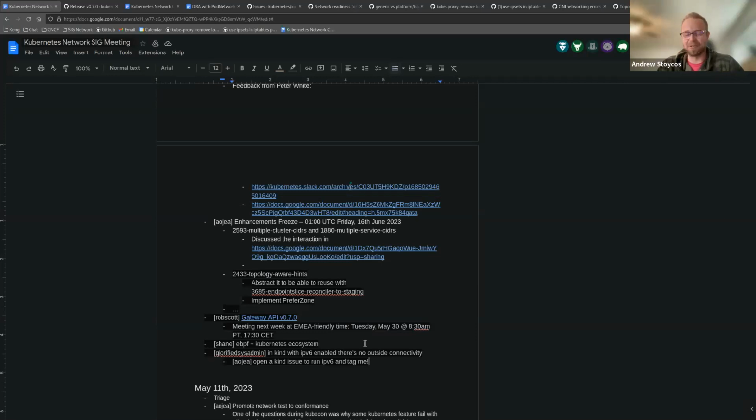I just wanted to note that I'm going to also present to SIG Node next week, and then hopefully SIG Security in a few weeks, around BPFD and some of these problems. So hopefully we'll get their insight as well. Yep, it's not isolated to network at all. There's a lot of us here that are interested. Go ahead, Rob.